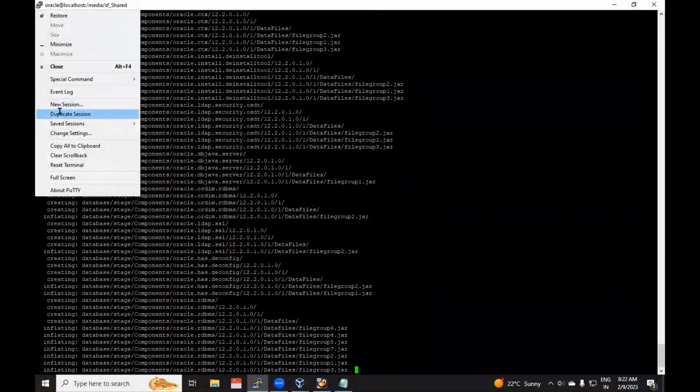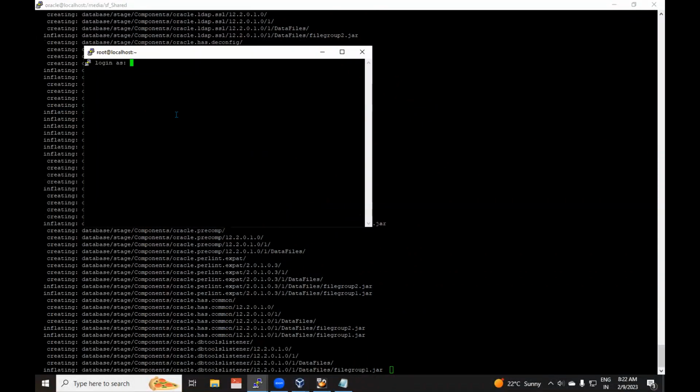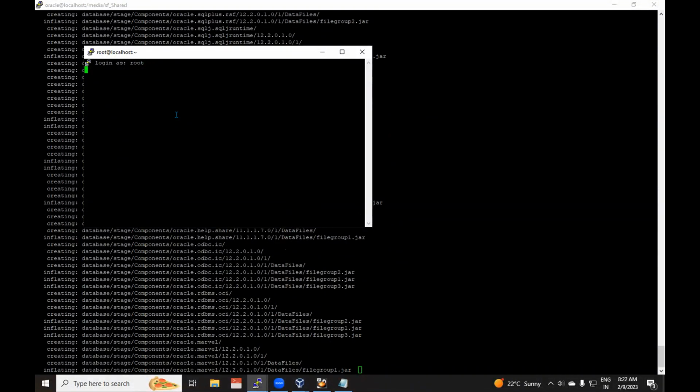So we open the duplicate session. Here, login as root for time saving purposes. We do the things parallelly.